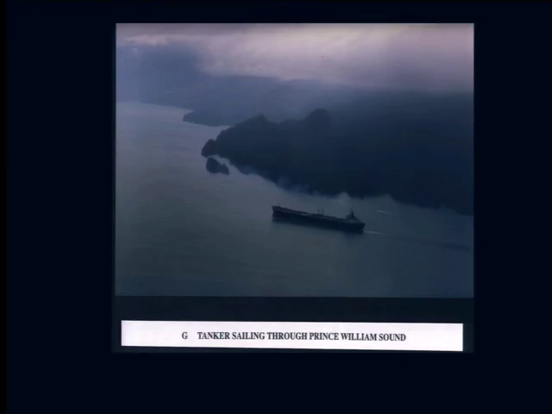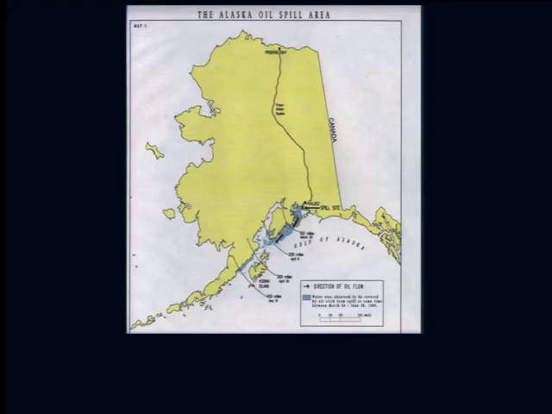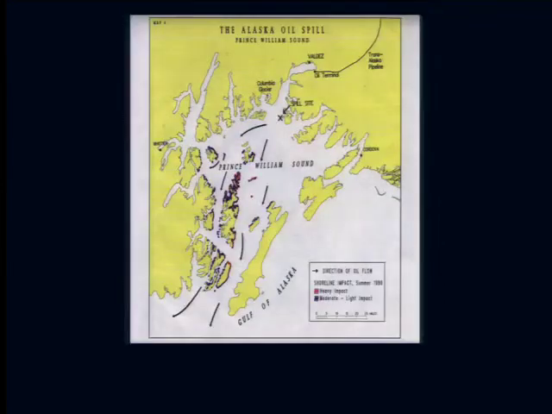Did you hear about it? Here's a map of how the shore was affected. The currents floated the oil from Prince William Sound. This color shows where the oil spread. The farthest point it reached was up here. 1,000 miles of shoreline inside and outside the sound were affected in this way. Because of the wind and currents, some of the shore was heavily oiled, some lightly oiled, and some not affected at all outside the sound. This map shows how the oil spread in Prince William Sound. The red color